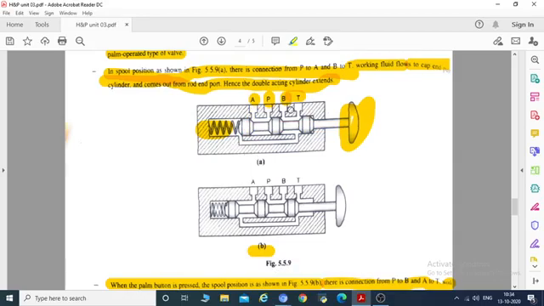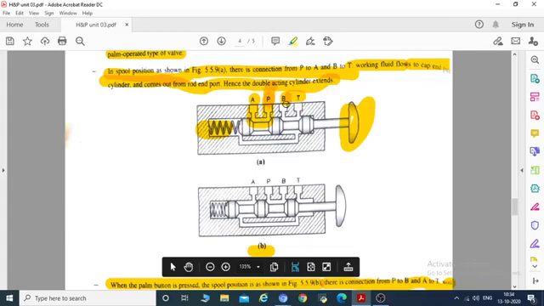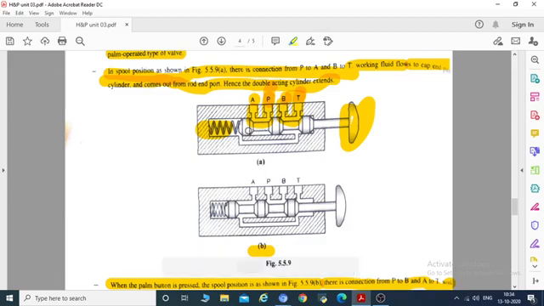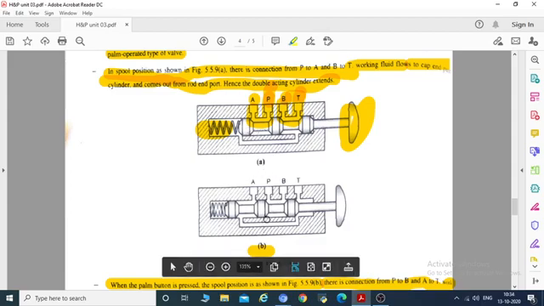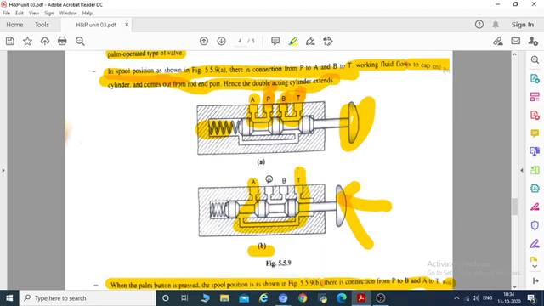Okay. So in this position the fluid from port A is coming in that way, and it is moving out from port P here, and the fluid from port B is coming in that way and moving out through port T here. So this is the one position of this valve, and this is the second position, where when we push the spool, then against the spring the liquid comes from this port and moves out through port T, and from port B the liquid moves through the other port.